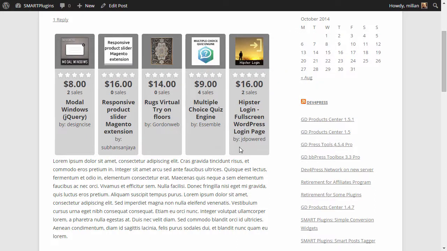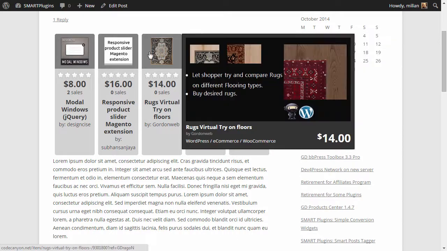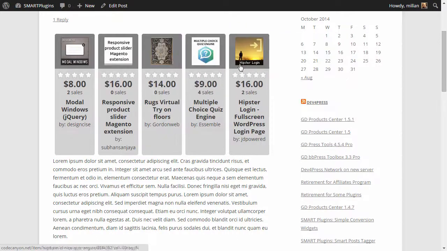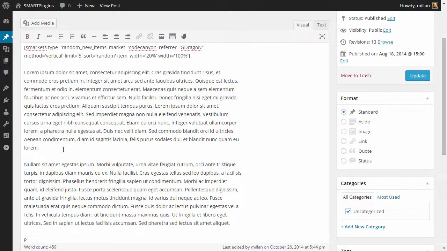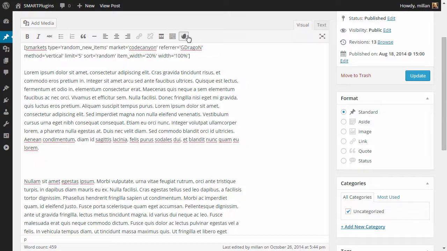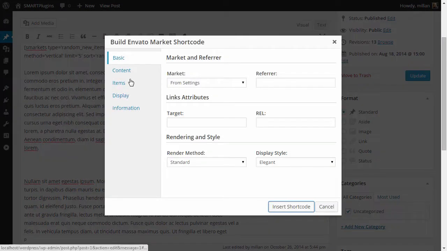The plugin will automatically resize all of the item containers to match height and make it look nicer. So you get a very nice display for random items on your website. Let's add another shortcode down there. If you want to display items from a collection,